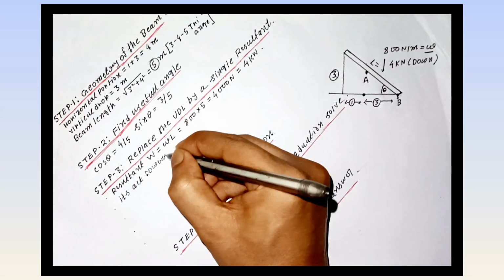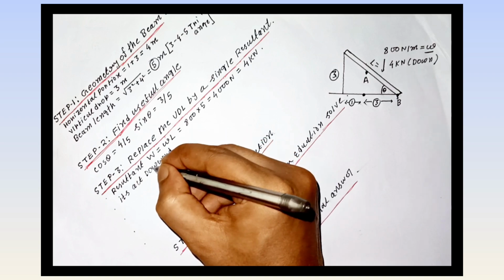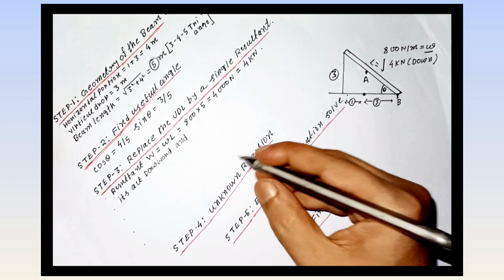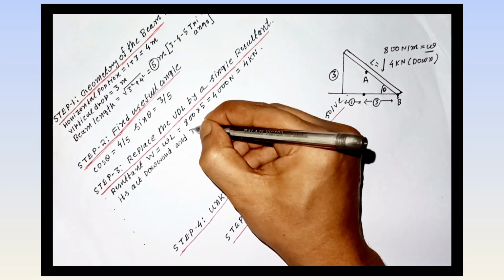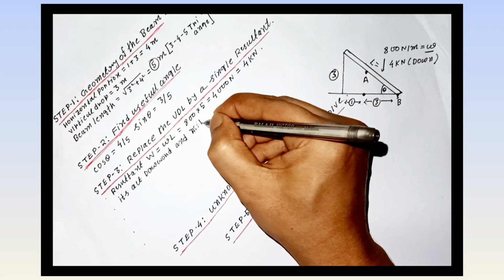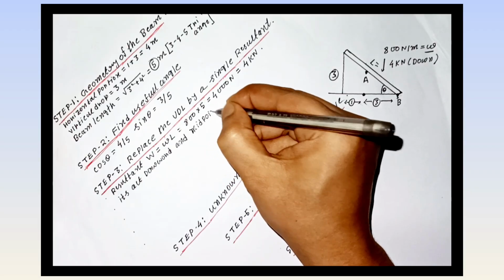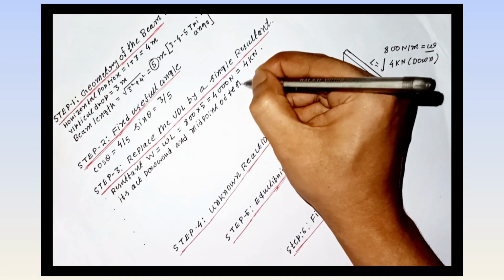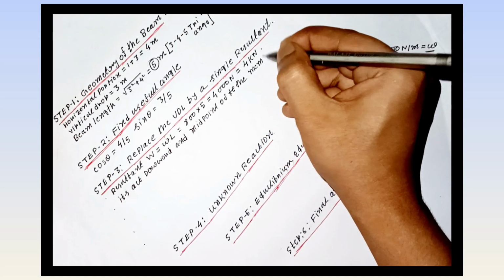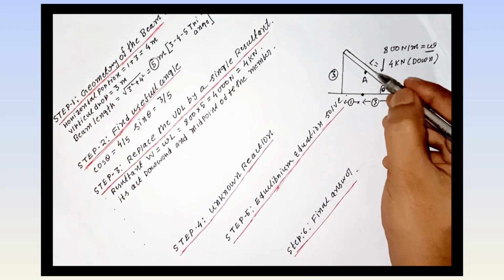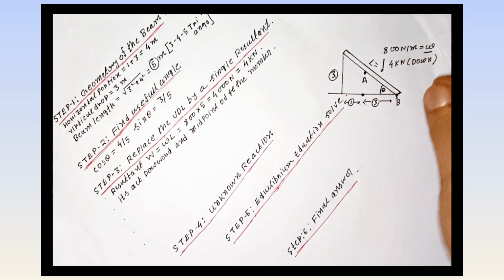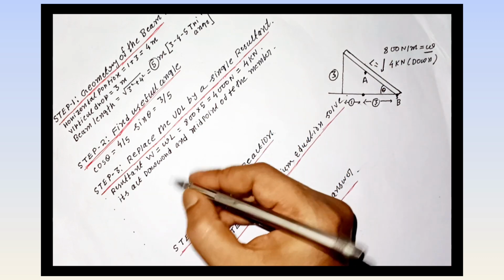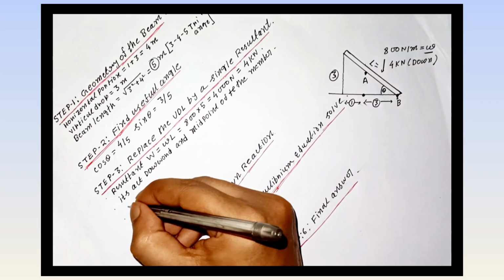But we have to find the horizontal length of L, because capital L is not horizontal. Anyway, note down, it acts downward also. The 4 kilonewton force acts downward along the negative y axis. So note down, it acts downward at the midpoint of the member. Member means the horizontal length of L. What is the midpoint of the member horizontally?